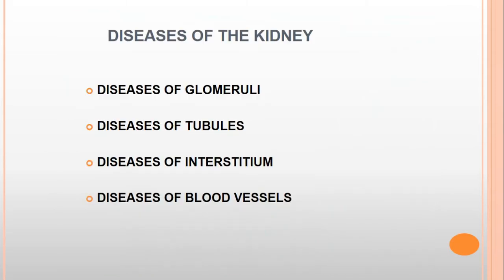So, the diseases of the kidney. Disease of the glomeruli. The kidney contains the glomeruli, tubules, interstitium, and the vessels which supply the kidney, as I showed in the diagram. So the disease of the glomerulus is glomerulonephritis. Disease of the tubules is tubulitis, disease of the interstitium is interstitial nephritis, and disease of the blood vessels